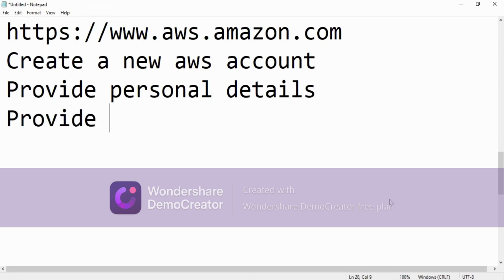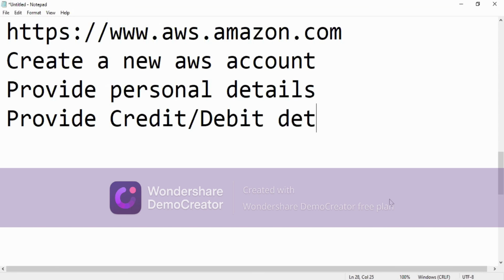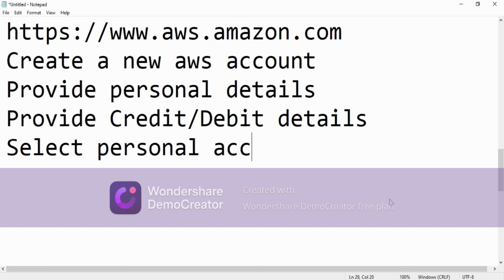And next you have to provide the savings details. And as of now, please select personal account, right? So select personal account, right?